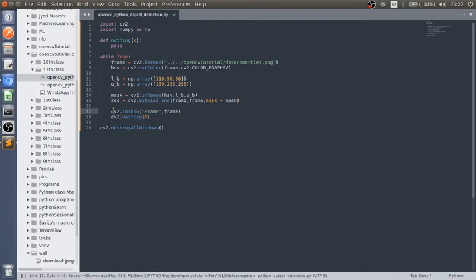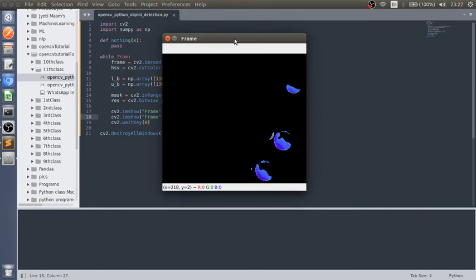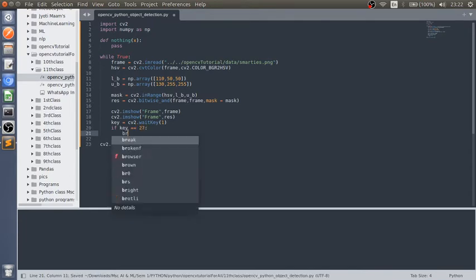Now let me see whether our blue balls are detected or not. Let me show the real image and then the detected image. As you can see, we have detected the blue balls, but we are not getting the original image. Let me store in cv2.waitKey, we have to pass 1 here, if key equals 27 then we have to break.